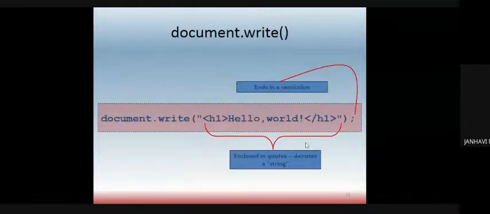Now what we need to understand over here is that when I say document.write, whatever text is inside is enclosed in double quotes. If you are not including any header tag, then fine. When I include a header tag, that means I want the text, suppose it is hello world, to appear in a particular HTML tag. So H1 to H6 can be used. Similarly, the statement has to be ended by a semicolon. We put a semicolon after the whole statement is over.